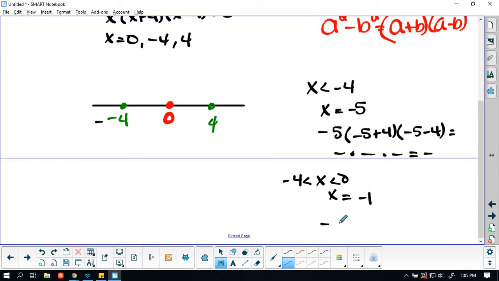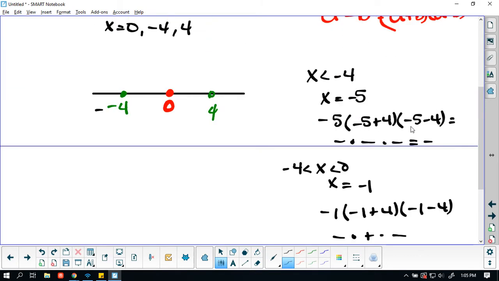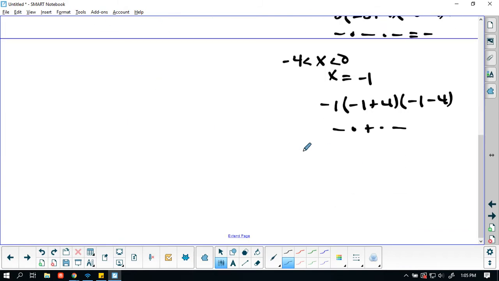And so that's negative 1 times negative 1 plus 4 times negative 1 minus 4. Expanding, we're looking at negative times positive times negative. So this is going to be positive here. Now between